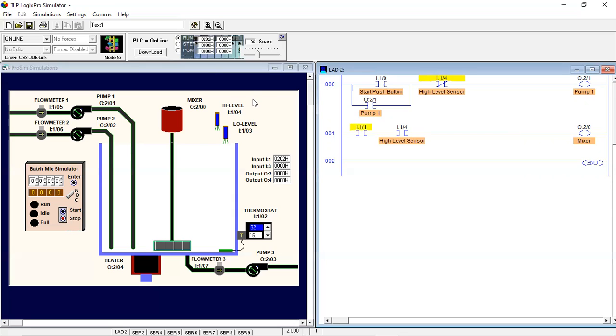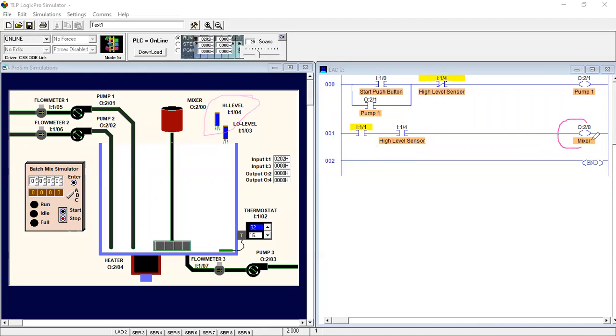After running this program, this one is the stop push button. This is our high level sensor, and this instruction is also our high level sensor.